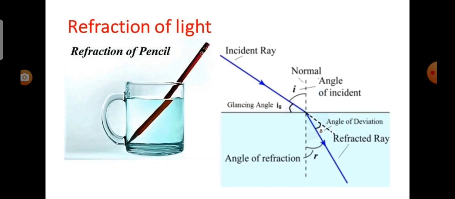For example, put a straight pencil into a tank of water or a beaker of water at an angle of 45 degrees and look at it from one side and above. How does the pencil look now? The pencil appears to be bent at the surface of water. This activity explains the refraction of light. The bending of light rays when they pass obliquely from one medium to another medium is called the refraction of light.